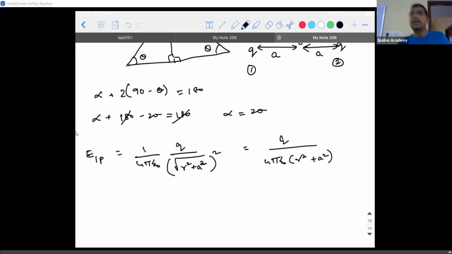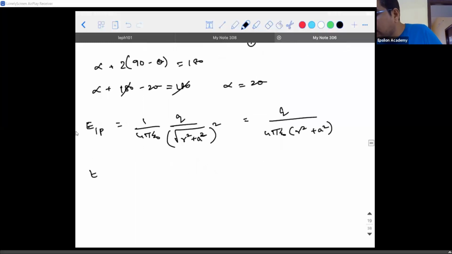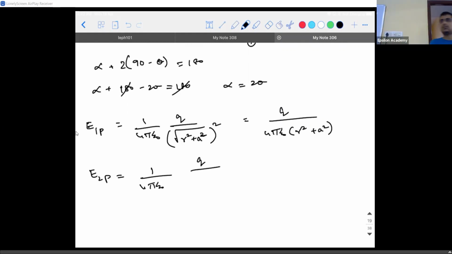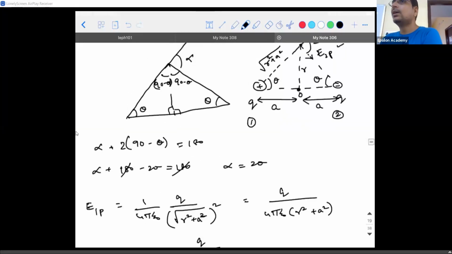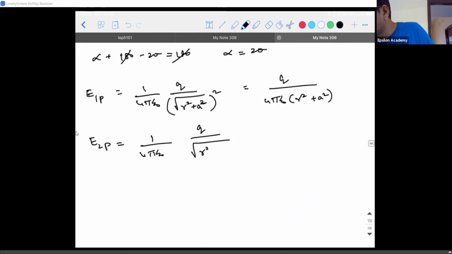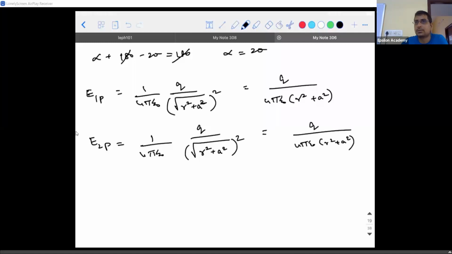In a similar way, what is going to be the magnitude of electric field due to second charge at point P? That is also same because they are symmetric. I'm not taking minus q here. Why? I'm concentrating only on one point. I'm calculating the electric field because direction is taken there by the vectors. I've already put an arrow mark, so I have nothing to do with that minus sign. Right? So q divided by root of r square plus a square, the whole square. It's the same thing again. So in terms of magnitude, what exactly is happening, guys? They both are same. This is where vectors come into picture.